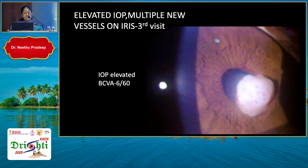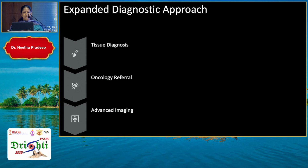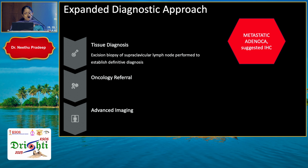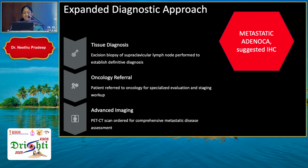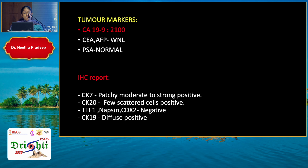During this visit, we noted multiple new vessels on the surface of the iris with an elevated IOP. So we went ahead with biopsy of the supraclavicular node and, to our surprise, it revealed metastatic adenocarcinoma and suggested immune IHC. Emergency oncology referral was done and they went ahead with PET-CT. Tumor markers except